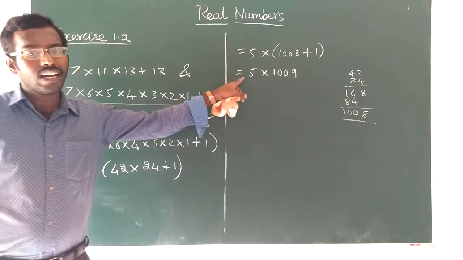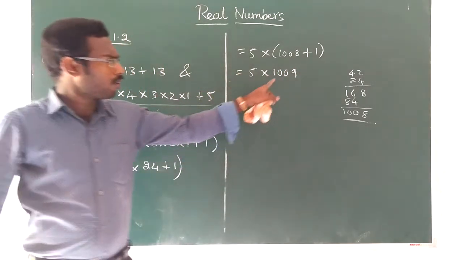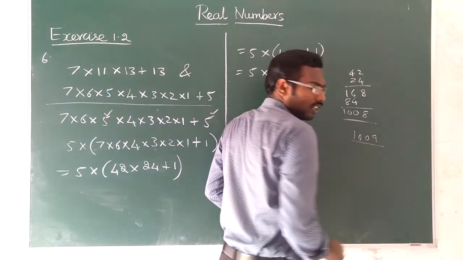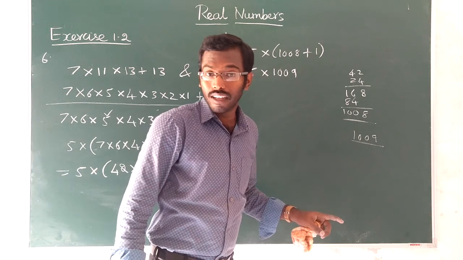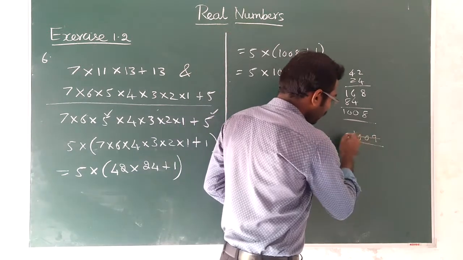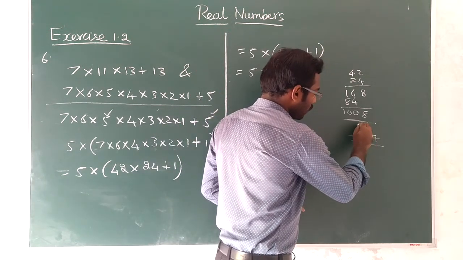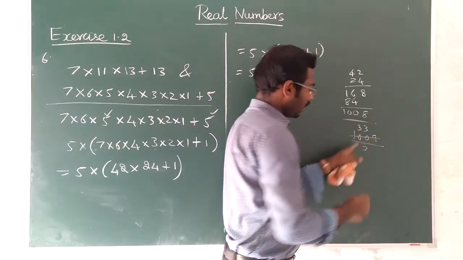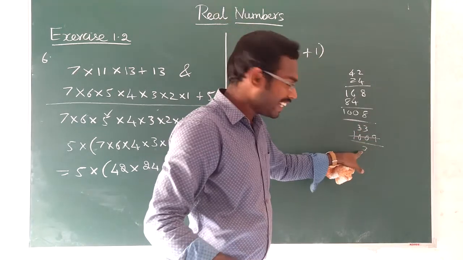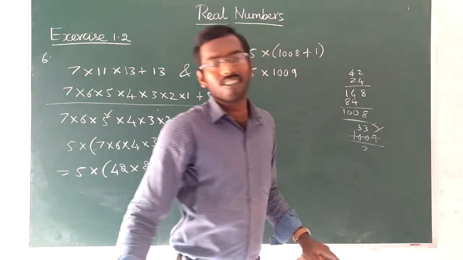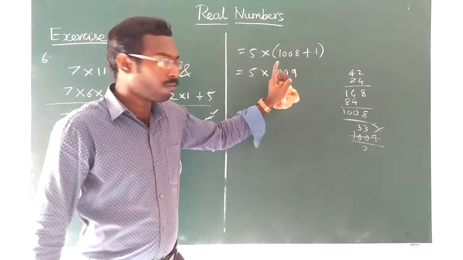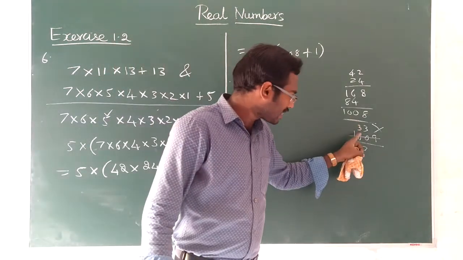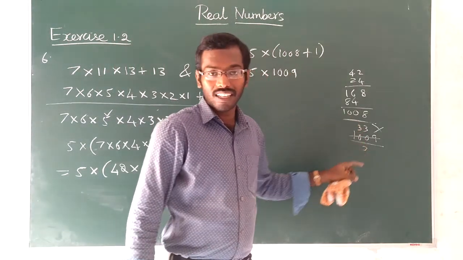You know 5 is a prime number. What about 1009? Check. 1009 is not divisible by 2. Whether it is divisible by 3: 10 by 3, 3, remaining 1, 10, again 10 by 3, 3, remaining 1, 19. 19 is not divisible. So it is not divisible by 3. It is not divisible by 4. It is not divisible by 5. Whether it is divisible by 6? No. 7,